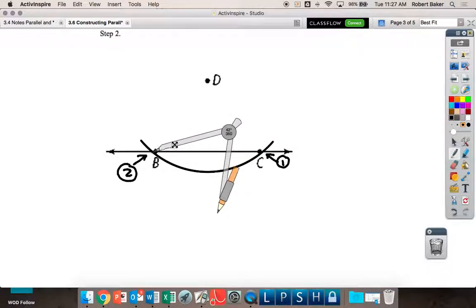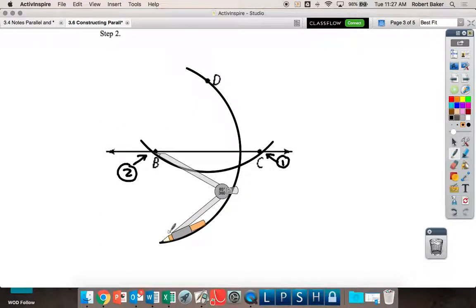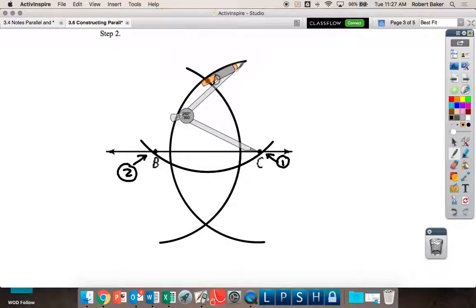You're going to put your compass on B, and you're going to swing an arc up. It doesn't matter what the radius is. Without changing your radius, move to the other working point. Wow. So when you connect the intersection of your arcs,